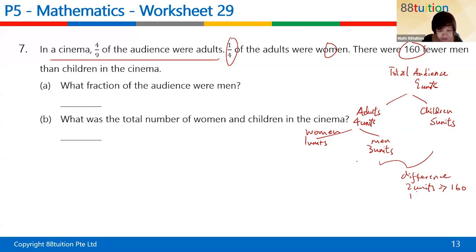And so if I need to find the fraction that is for total number, total number will be 9 units. 160 divided by 2 times 9 will get down to 720. Wait, 5 units, 2 units is this. So we need to find, he didn't want 9 units. He wants the women, which is 1 unit. 6 units instead. So